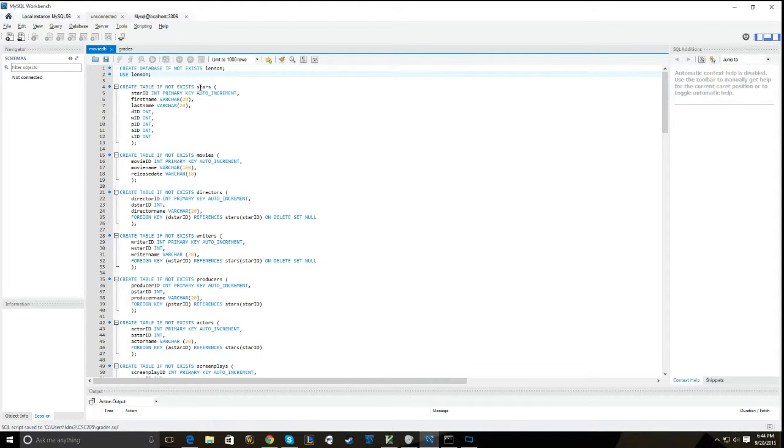We have our stars table, which is going to include all of our stars. Our star ID, which is the primary key for this table, first name, last name, just general information. And then we have shorthands for director ID, writer ID, producer ID, actor ID, and screenplay ID for those that need them. This is just a reference table, which we use later to help autofill stuff and just for general usefulness. And then after that table, we create our movies table, which